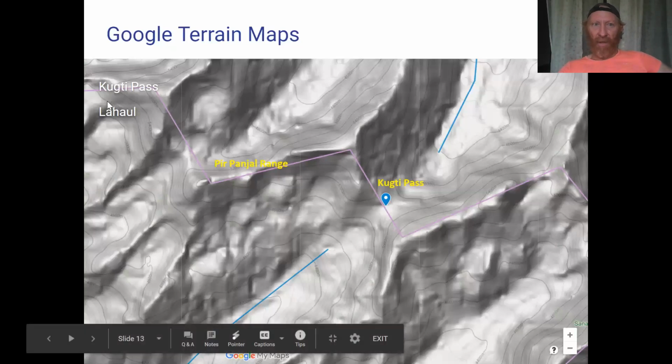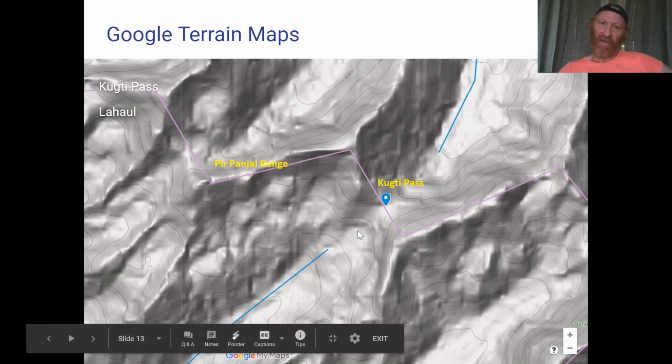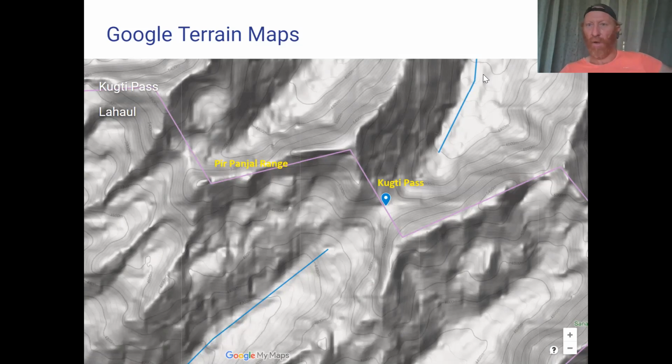Here we're looking at the same Pir Panjal range again, the same pink line, this time using a topographic or contour map. You can clearly see the high ridge here, which connects the various peaks along this Pir Panjal. You can see the inner circles here, these are all peaks. And then in between the peaks, you can see the U-shaped saddles, which in some cases will correspond to passes used by shepherds to migrate from, say, the Chamba side here, climb up across this saddle and get down into a side stream leading to the Lahore side. So it gives a very, very clear